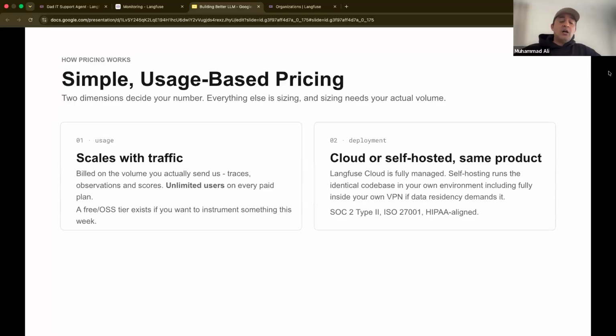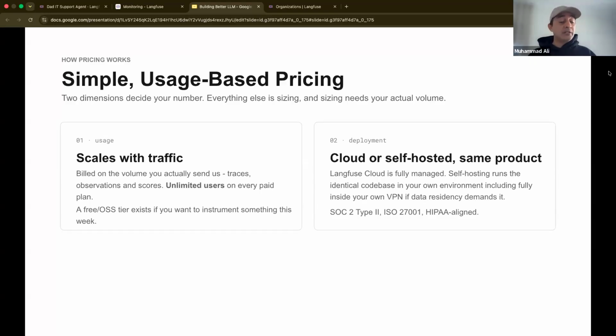Now, how does Langfuse charge? If you go to Langfuse Cloud, we have different tiers, based on scale and usage. You have a free tier, which you can register for and start using, and it's pretty much sufficient for a small team or a small prototyping project. But then we have other tiers like Core and Pro, and then Enterprise. Enterprise gives you features like SOC 2 and ISO 27001. We also have a HIPAA compliant region.